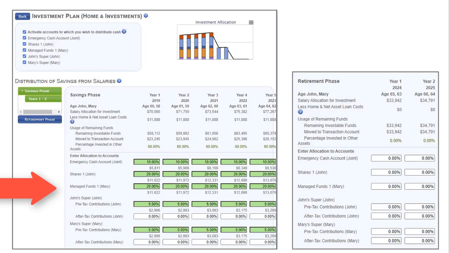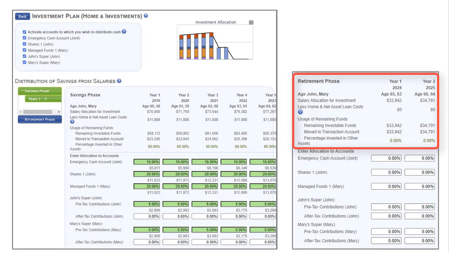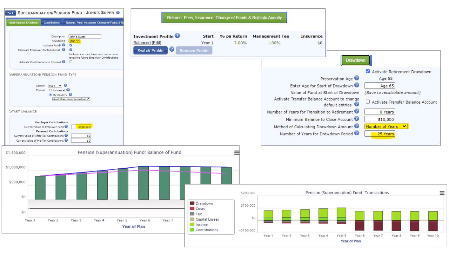The balance of the funds will be allocated for the first 5 years according to percentage. Any funds not allocated are paid to the transaction account together with the cost of loans. In the first 2 years of the retirement plan, Mary continues to work, but all the funds have been allocated to the transaction account. John's superannuation will remain as a balanced fund which will be drawn down over 25 years